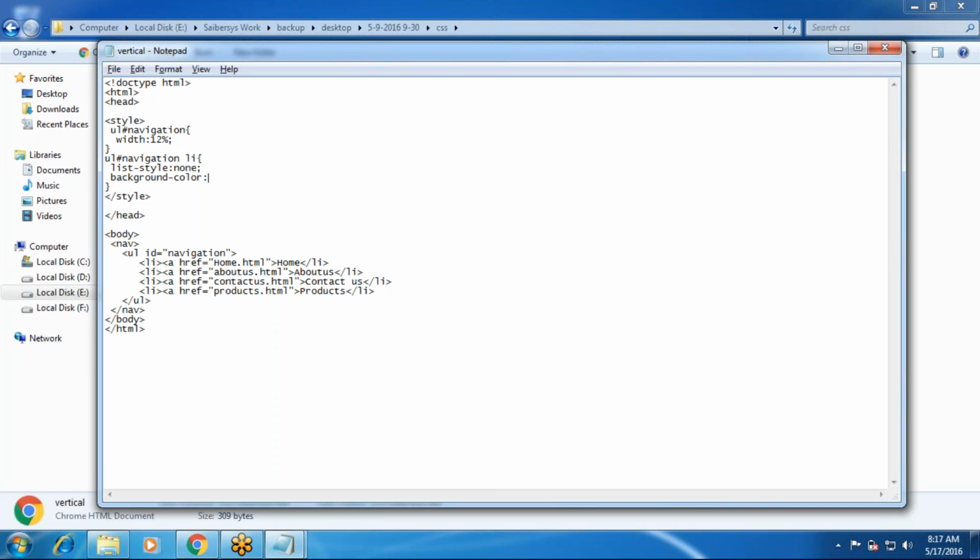And next, background color for list items. Background color is some light gray. You can use color codes or names, but in real time you need to use only color codes. Like the color code is hash 039. And next, border top